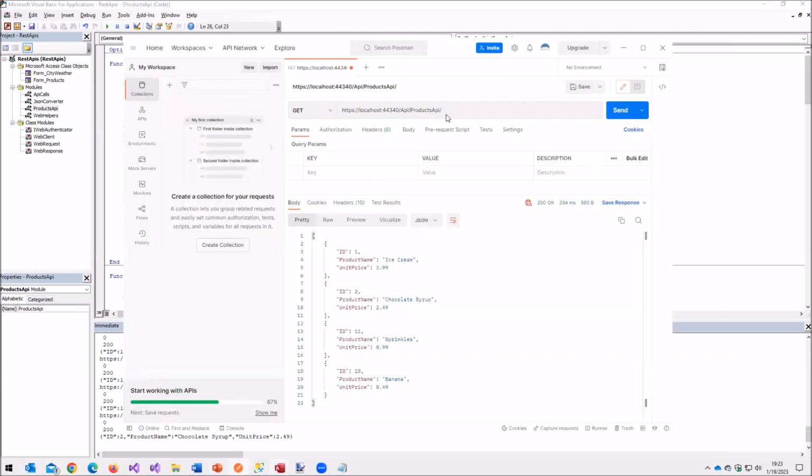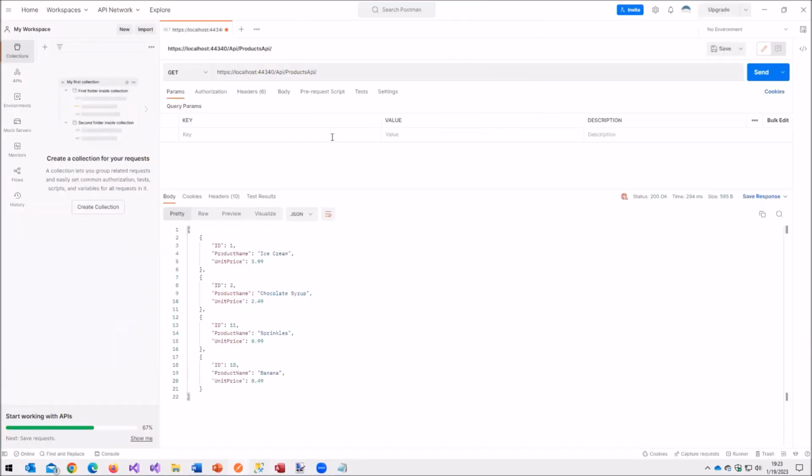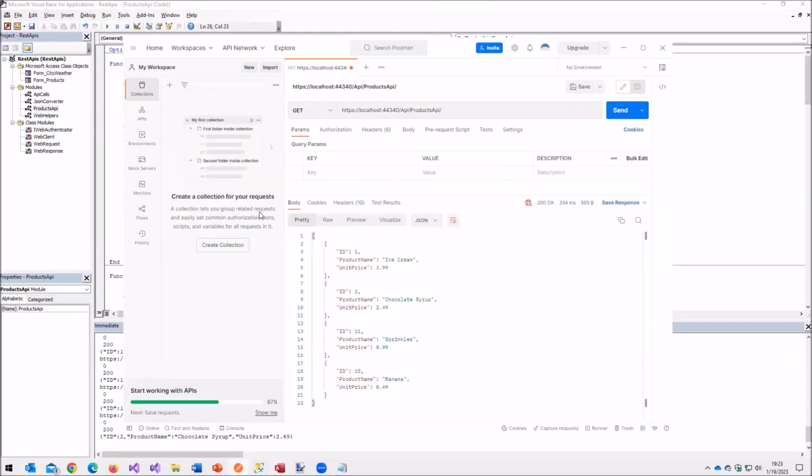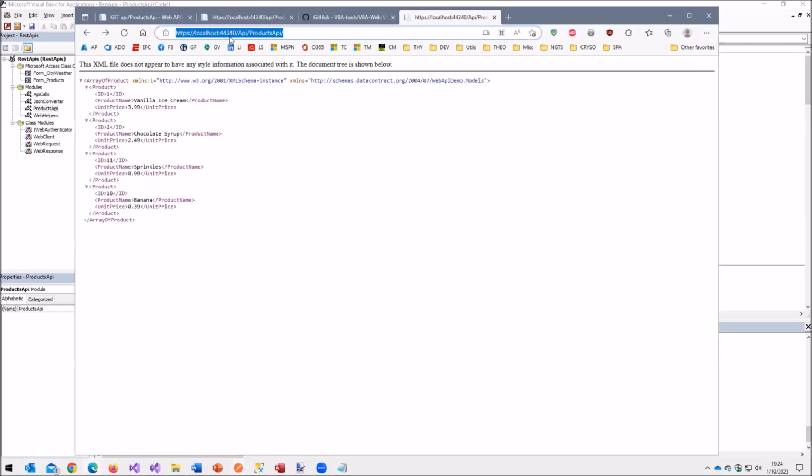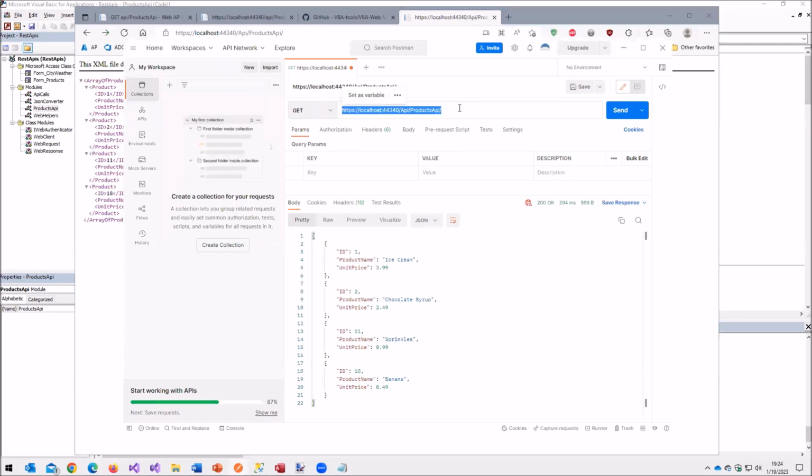So the last thing I have to talk about, and Ben, I couldn't have asked for a better segue, thank you, is something called Postman. So you go to www.postman.com, and it's a free utility that allows you to basically test any web API anywhere in the world. All you do is you copy the URL and you put it in here. So I'm going to go over here, right up here. I'm going to copy this in here. I'm going to click send. And there it's brought it back.